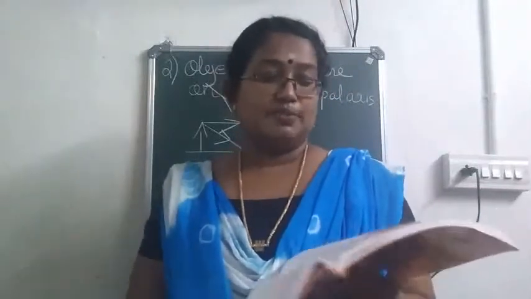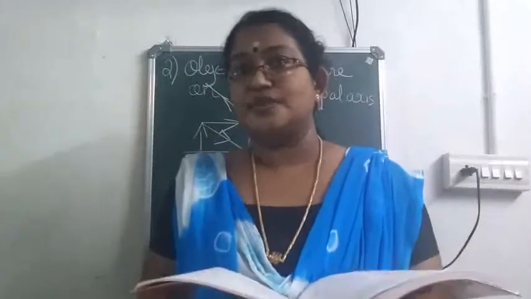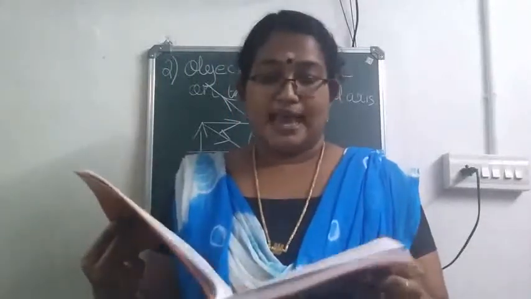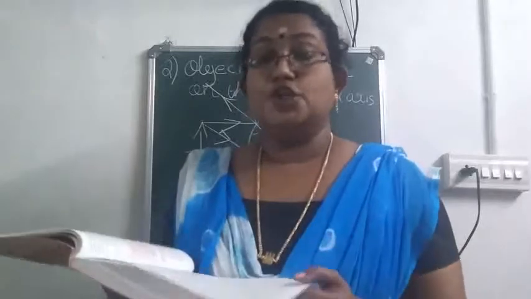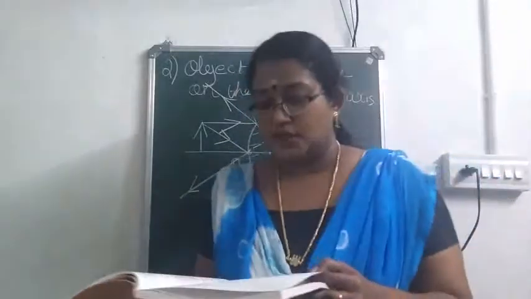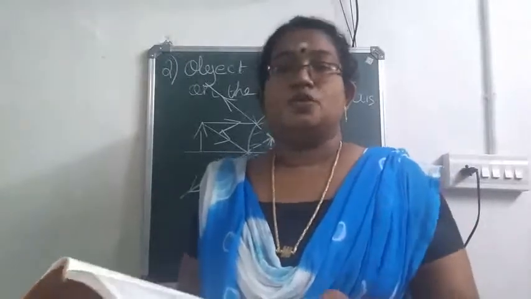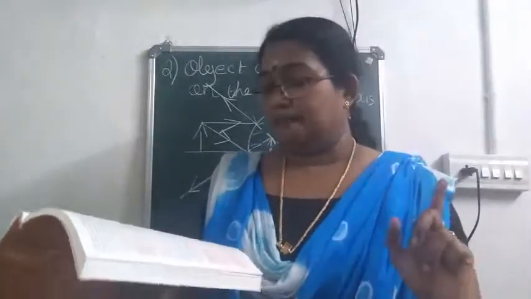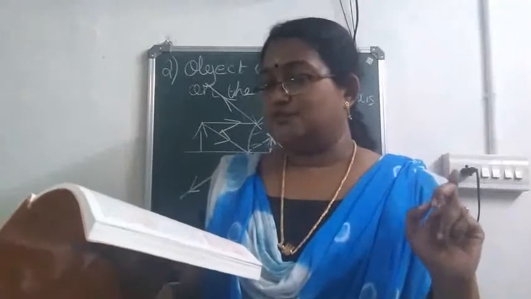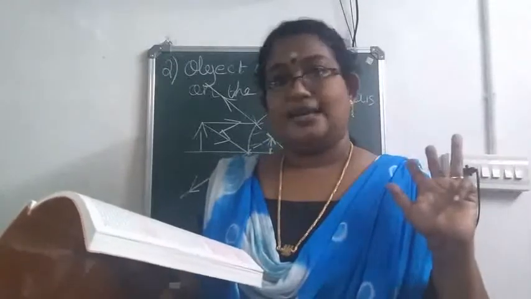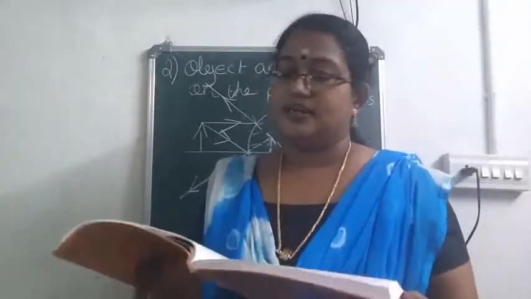7.22, relationship between focal length and radius of curvature. So from that till the uses of spherical mirrors, what is given in page number 166, till that portion we don't want to consider. I'll repeat. Page number 164. Relationship between focal length and radius of curvature is not needed.